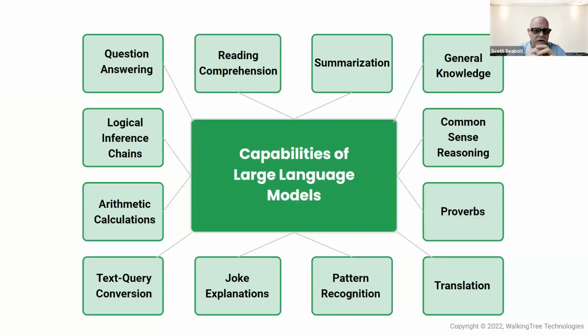All right, so let's now take a look at some of these large language models, right? First of all, what are the capabilities of some of these? It's things like question answering, reading comprehension, right? How good is that large language model at actually comprehending the data that it's presented with? And then, of course, as I mentioned, summarization is how do you take all that information and really provide a nice, concise summarization, right? And even a larger, more complex summarization. We'll look at some of the LLMs or large language models that satisfy some of these needs as you look around here. And then just general knowledge, common sense reasoning, and then even proverbs, right? Language translations, pattern recognitions, even joke